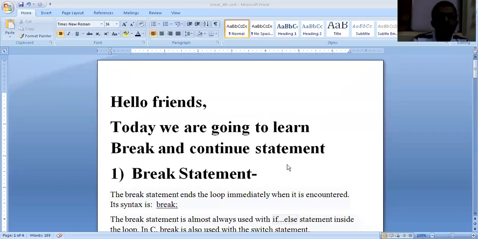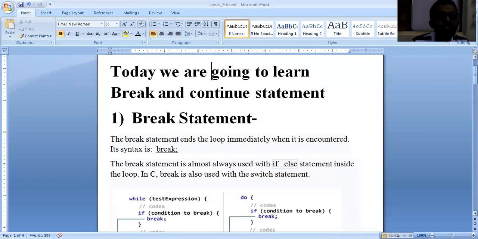Friends, today we are going to discuss break and continue statements in C language. Today we are going to learn the break and continue statements in C language. Now, the break statement is nothing but a statement that ends the loop immediately when